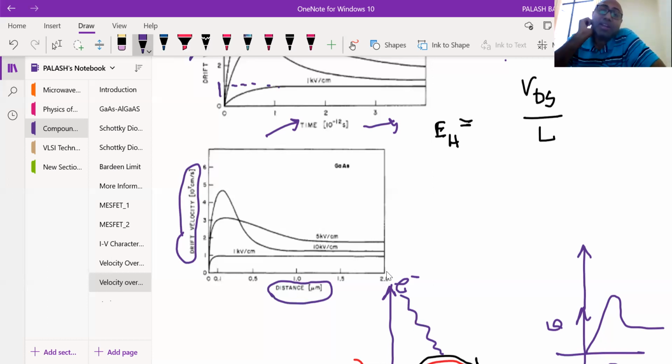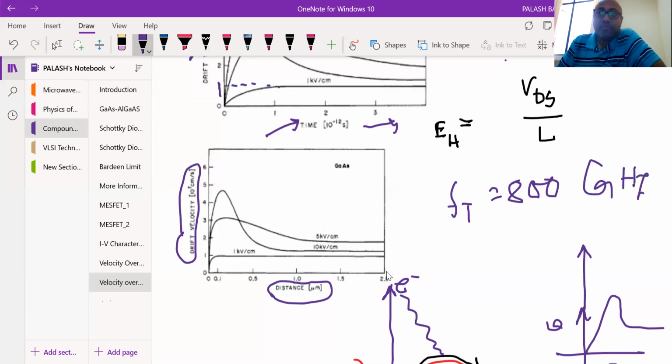So what is the dimension? The first thing you have to figure out is the distance between source and drain, so that we can have 800 gigahertz. Now, suppose I know FT is equal to 800 gigahertz, right? And FT is GM by something, right? You know that part? GM by something, right? Now, the capacitor arrangement depends on the fabrication, which type of